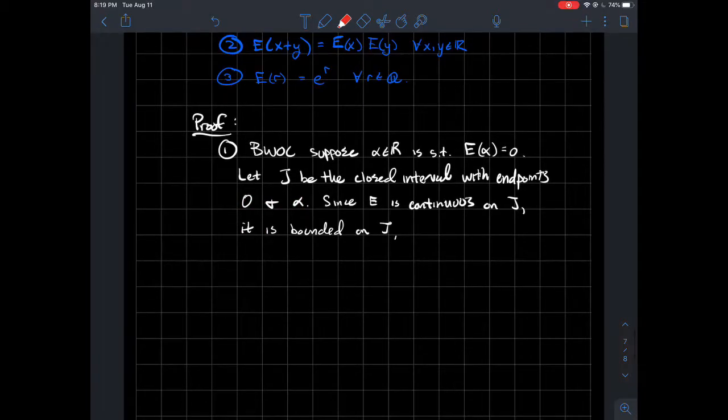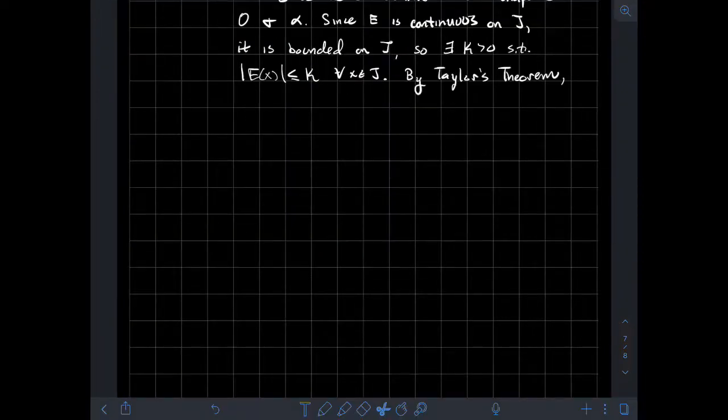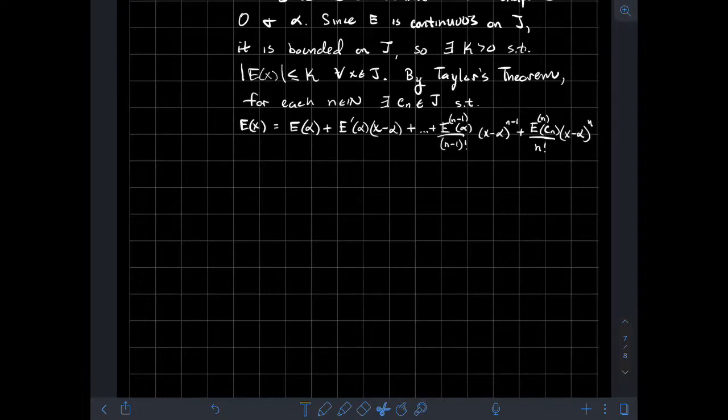Well, E is continuous on this interval, so therefore it's bounded on this interval. This probably seems pretty familiar from the second video that you watched. So I know that there exists some positive number K that is bigger than or equal to the absolute value of E of x for every single x in my domain. Okay, so by Taylor's theorem, here's what we get. For each natural number n, there exists some number c_n that's in this interval J, such that, well, my function